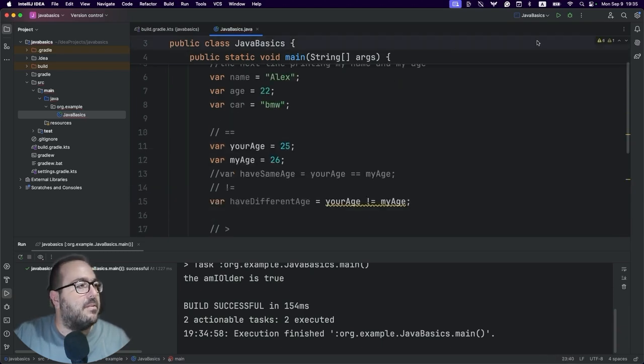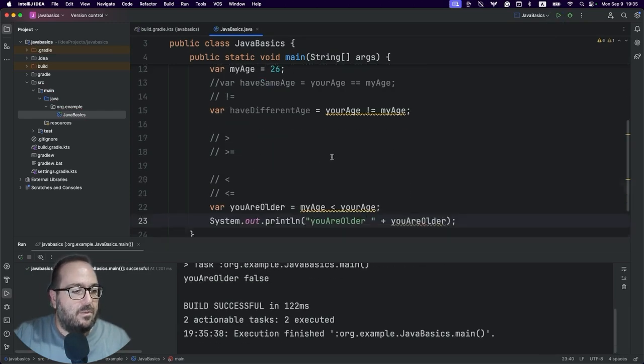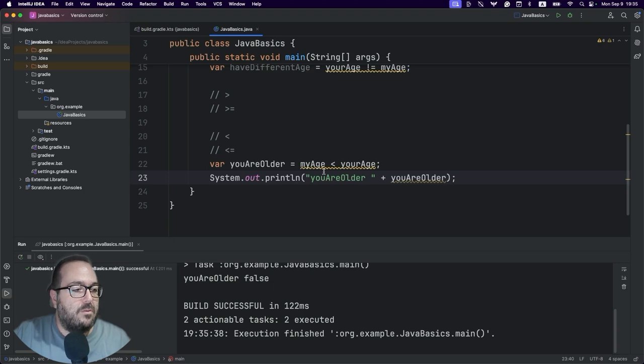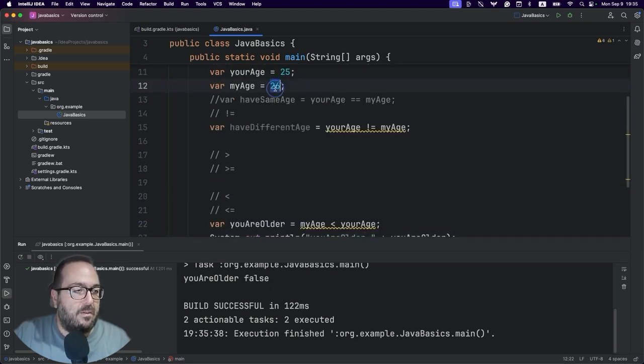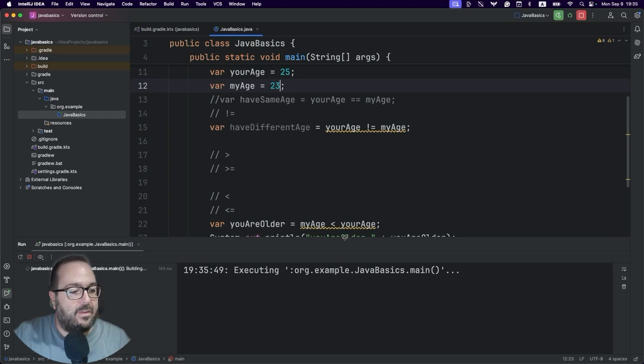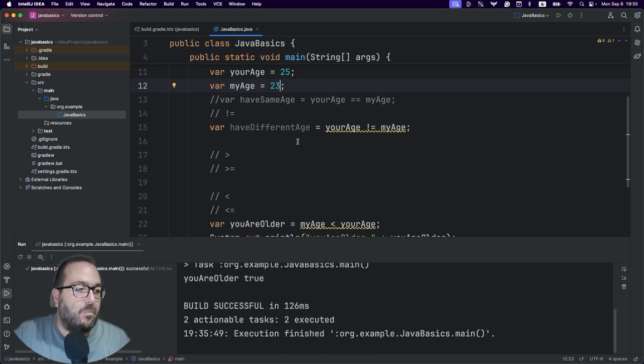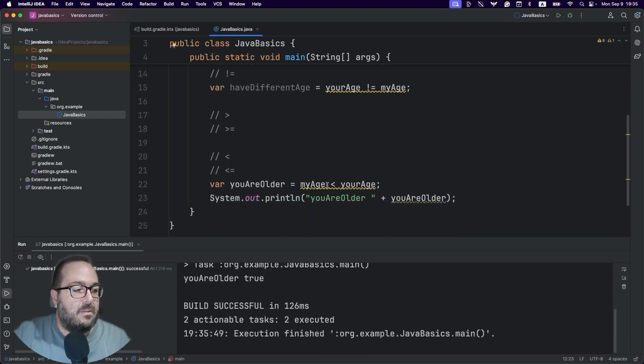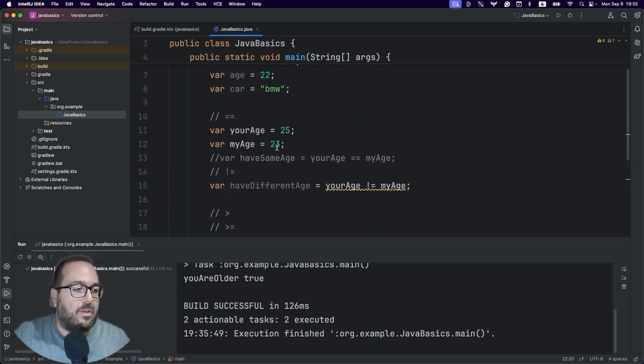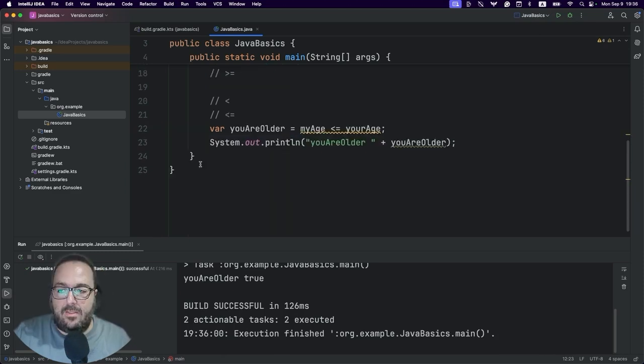Let's run this up and see what we're going to get. You're older. It's false because my age is 26 and your age is 25. If I was 23, then yes, you are older. True, right? But this can be also less or equal to. And if we had 25 and 25, we're going to get a true. That's it with the comparison operators.